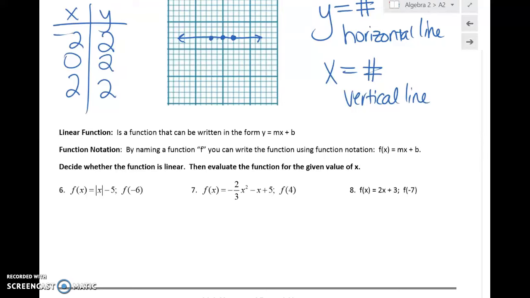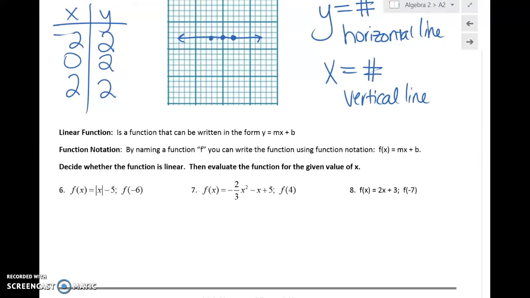You can't have x in the denominator. Just plain ordinary normal x. Linear functions form lines when you graph them. We're going to talk about function notation in a minute. First, I want to look at these 3 functions and decide which of them are linear and which of them